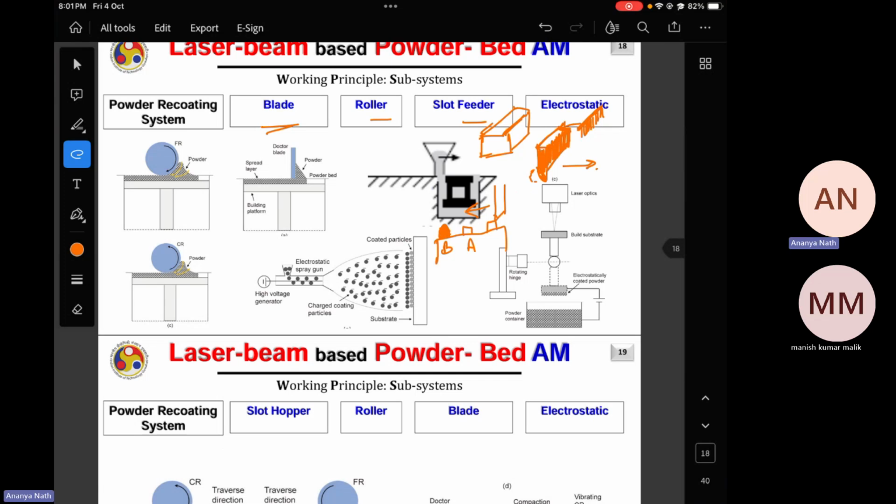And even if you are using an HSS blade, which is very hard, or ceramic blades, which are harder, you will get rupture very easily in your blade, and that ruptured blade cannot be reused because it will not be able to spread powder uniformly over the build plate. And also at the time of printing, if your blade material is getting ruptured, then that small eroded part from your blade material may get mixed with your printed material, and you will have impurity in your printing. So this is also not acceptable.